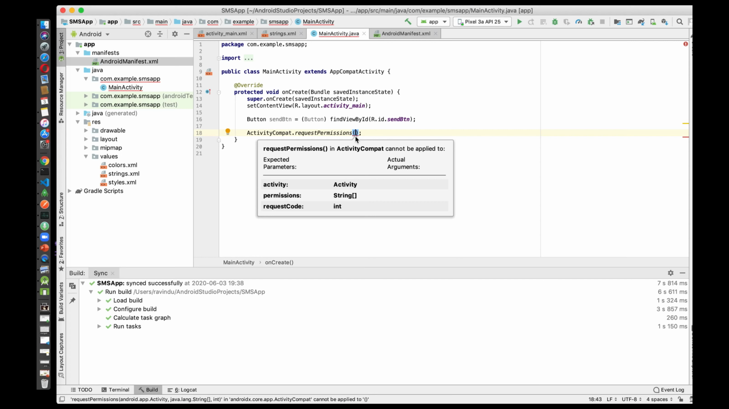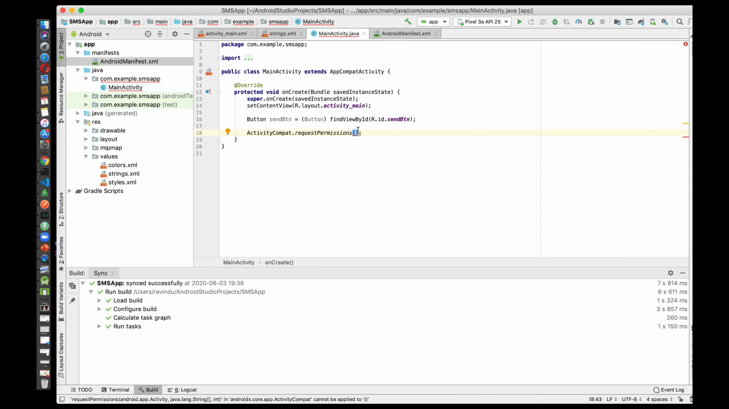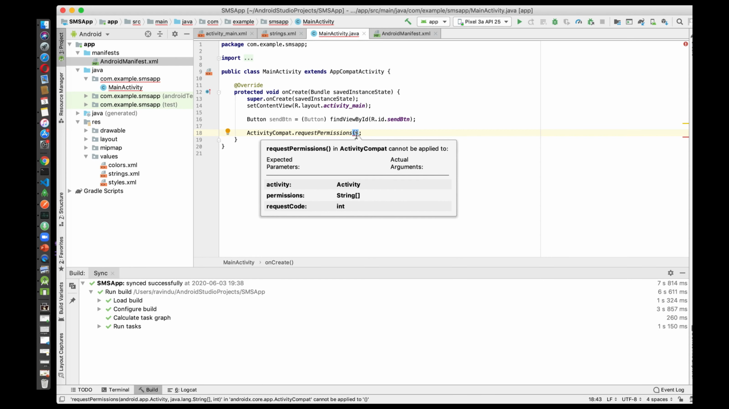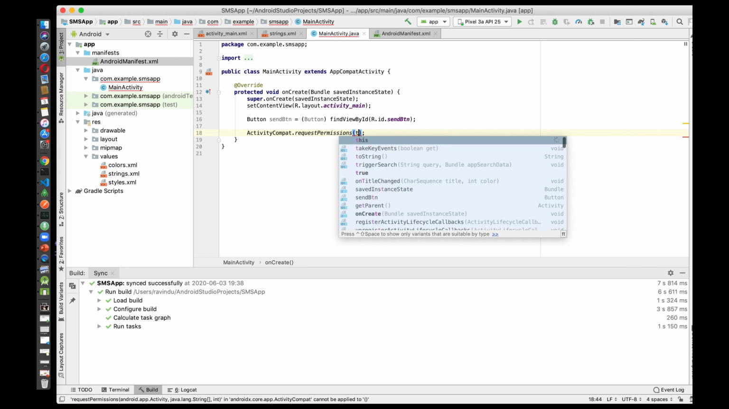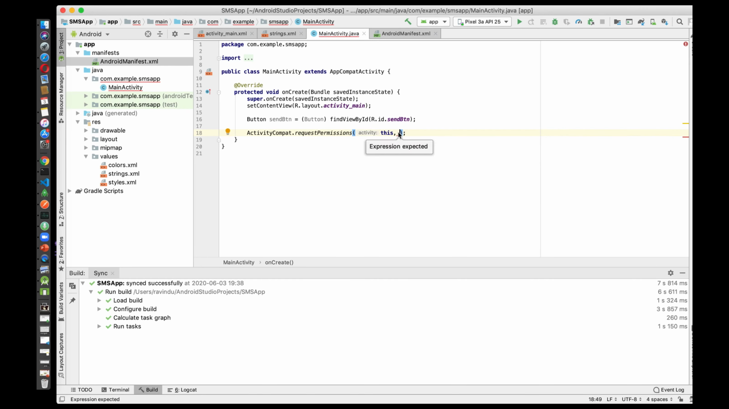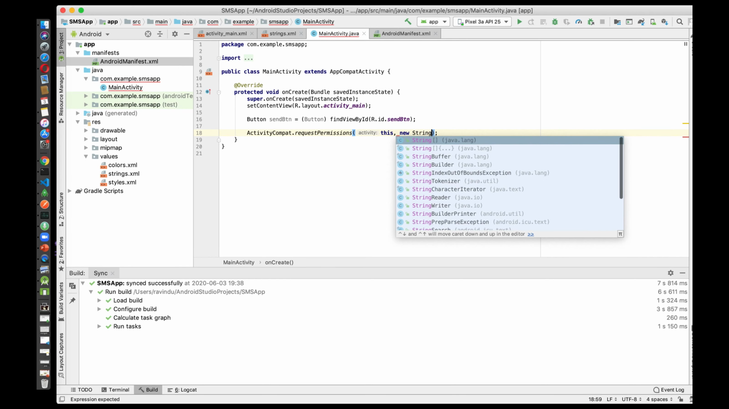So it takes in three parameters. One of that is the activity, and then the permissions you need for that activity, and then the request code. So the activity we want this permission for is the current activity, which is this activity. So we just say this. And for permissions, we have already defined that in the Android manifest. So we can type new string array